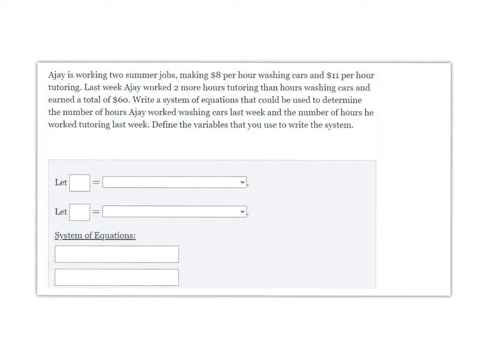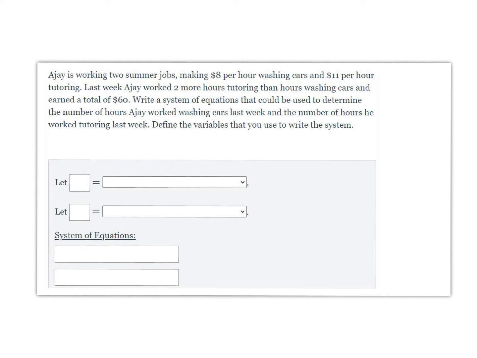In this tutorial video, we're going to be looking at writing a system of equations from context. So we're going to read through this, and then we're going to write a system of equations that could be used to solve it. It says AJ is working 2 summer jobs, making $8 per hour washing cars and $11